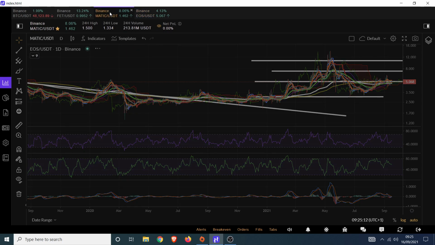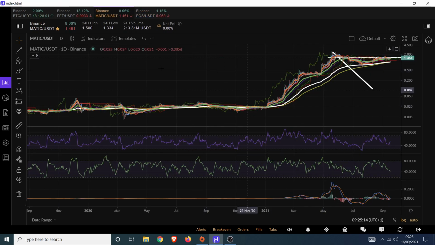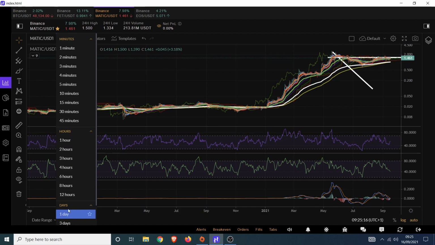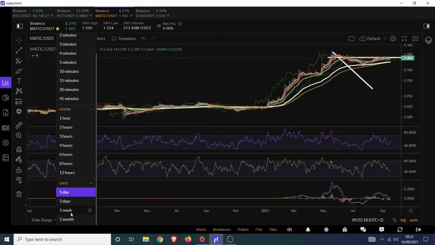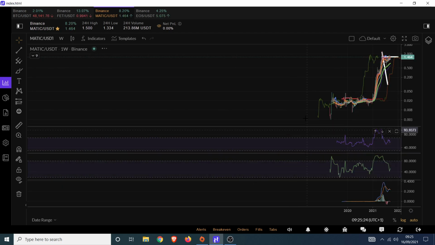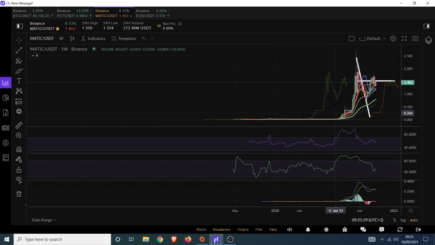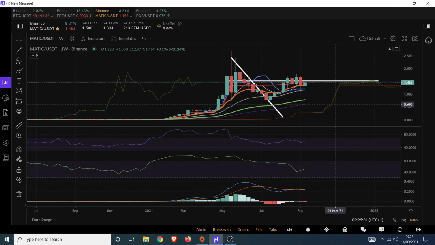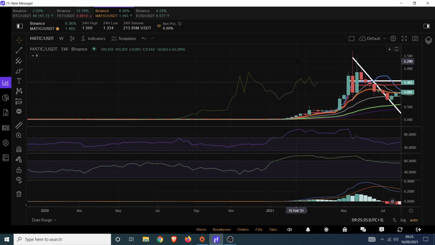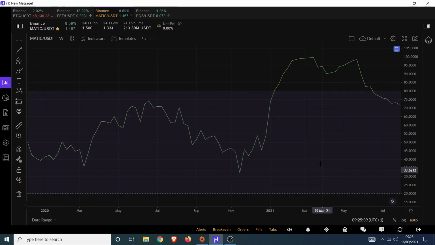MATIC is the closest thing to FET that I can think of, really. They both came out at the same time. They're both Binance IEOs. They're both now on Coinbase. They have a certain amount of similarities, although MATIC's use case is, I suppose, probably a bit more established and valuable, causing it to moon so hard. But this can also show us how high a money flow index can go on a weekly, and especially all the way up to